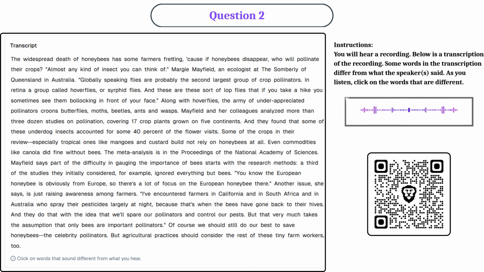And some of the crops in their review, especially tropical ones like mangoes and custard apples, did not rely on honeybees at all. Even commodities like canola did fine without the bees. The meta-analysis is in the Proceedings of the National Academy of Sciences. Mayfield says part of the difficulty in gauging the importance of bees starts with the research methods. A third of the studies they initially considered, for example, ignored everything but bees. The European honeybee is